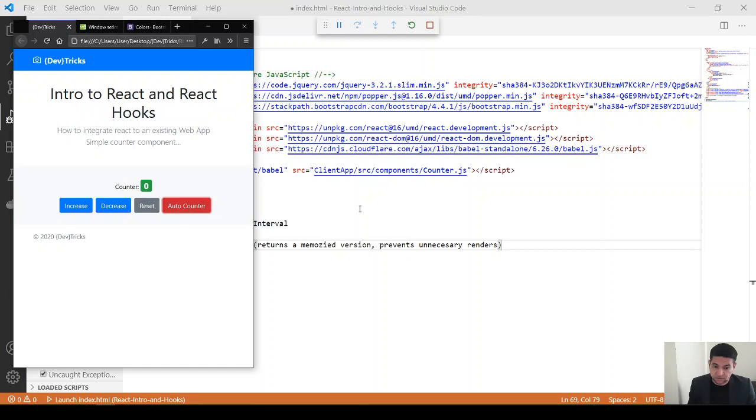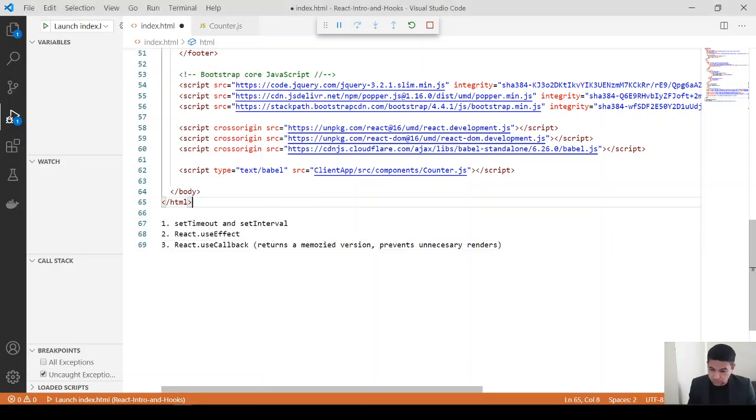To do the auto counter we have to review three basic concepts. The setTimeout and setInterval functions in JavaScript allow us to execute a function every, let's say, 1 second, 5 seconds, 10 seconds. We have the React useEffect. The useEffect is a function that executes when the component renders. For example,